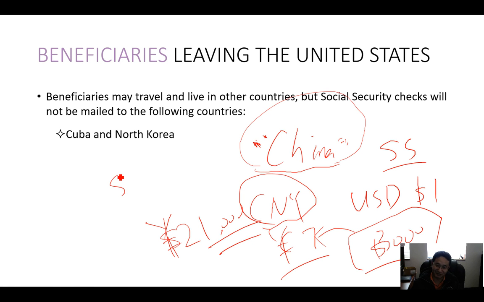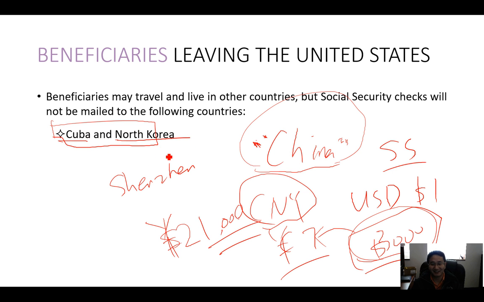In Shenzhen, I was in Shenzhen before, right? They moved to China, living a good life, okay, because of Social Security. But think about it, $3,000 in the US, probably not a good idea to have a good life. You probably live poor, right? I wouldn't say in poverty, but you won't have a good life. That's why you can go to other countries, but those 2 are excluded because they cannot mail a check to those 2 countries. North Korea, we don't know why. Cuba, I don't know. Is that changing?